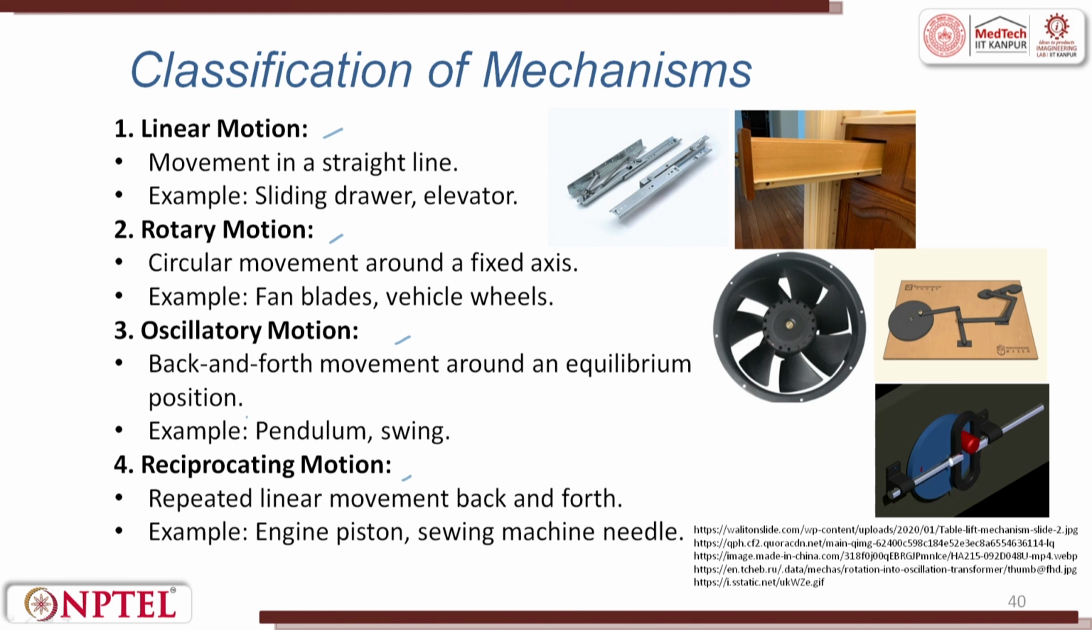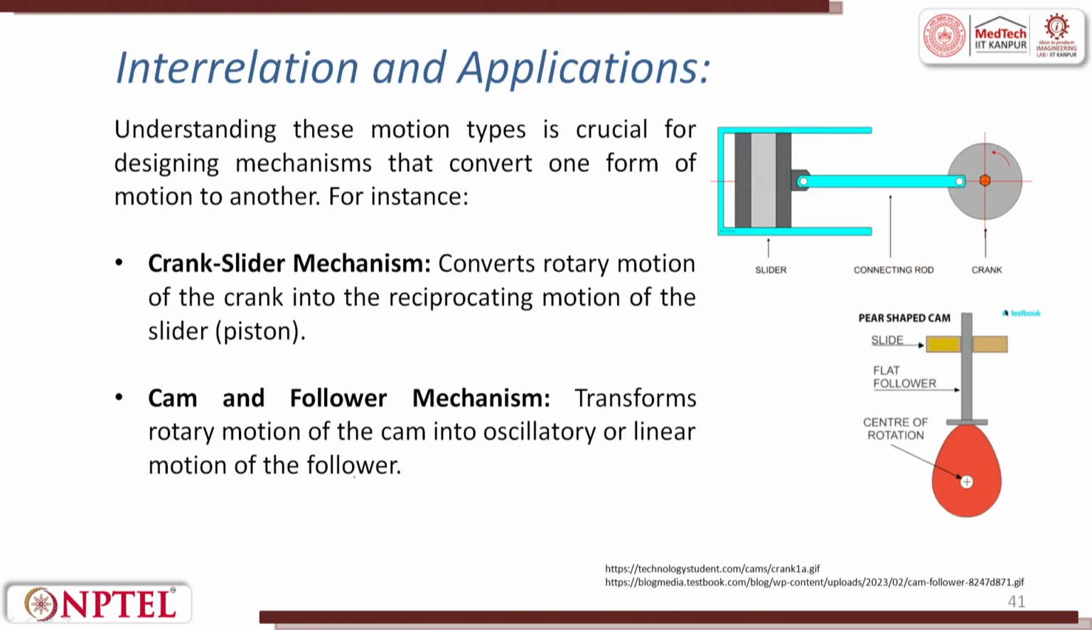Oscillatory motion, which is back and forth, moves back and forth around the equilibrium position, like a pendulum or a swing. Reciprocating motion is repeated linear motion back and forth, which is used in engine pistons. So, interrelations and applications: understanding the motion types is crucial for designing mechanisms that convert one form of motion to